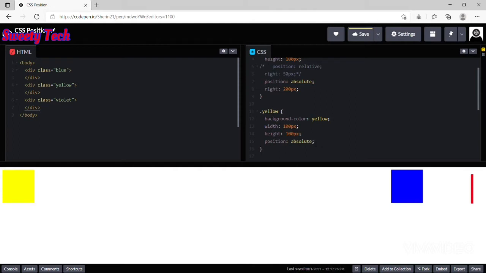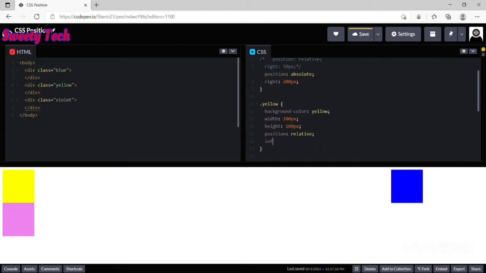Now I set position absolute in the yellow class. You can see the violet box which is present below the yellow box goes up. If I change its position to relative, then nothing will happen. Now I set its left property to 20 pixels. You can see the difference between the element where it used to be and the left corner of the particular